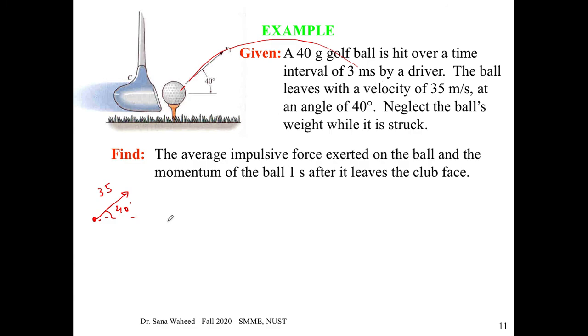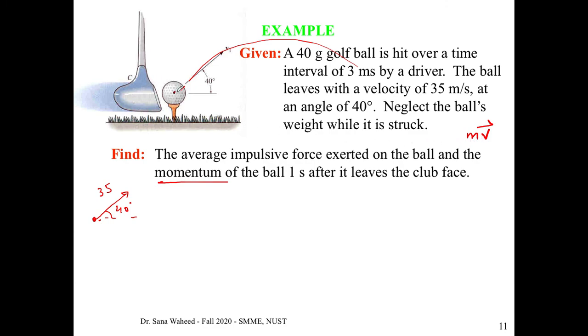Right? So to find the momentum, I'm actually going to use kinematics. I know that my momentum is mv, right? So if I just find the velocity that this ball will have after 1 second and multiply it by the mass,